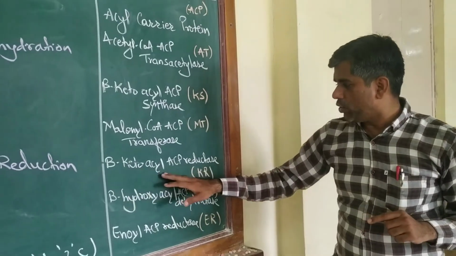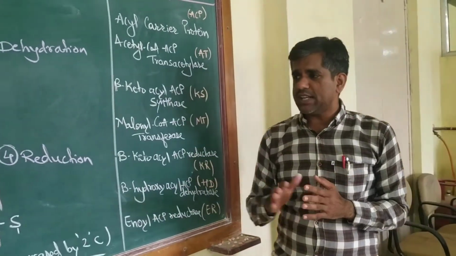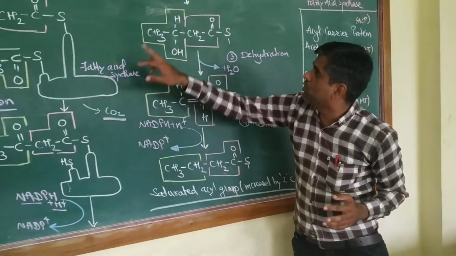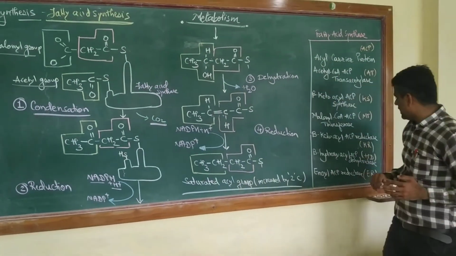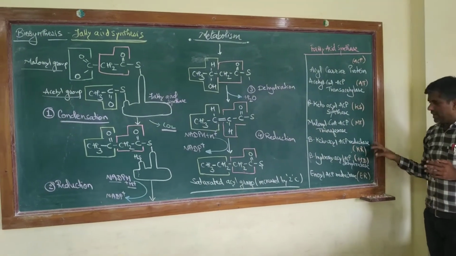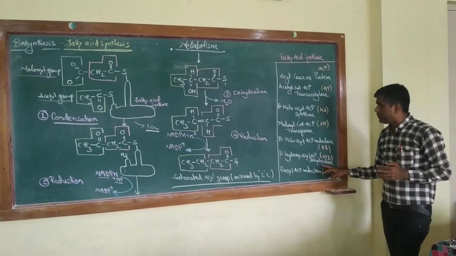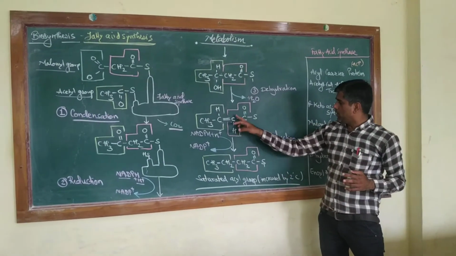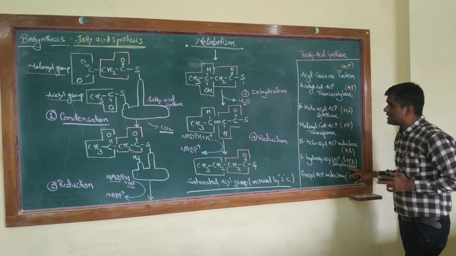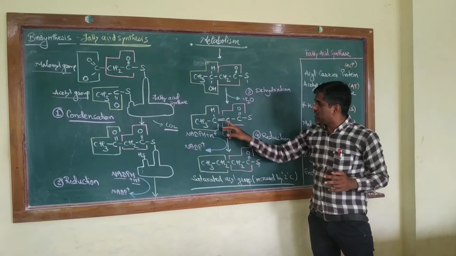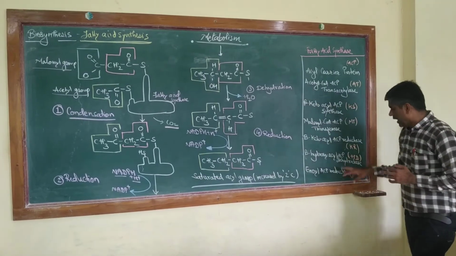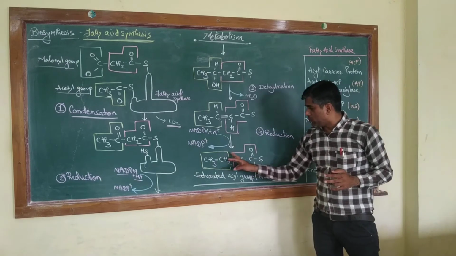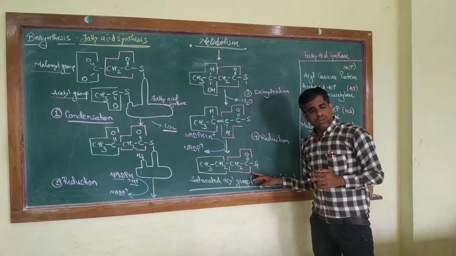Next is beta-ketoacyl ACP reductase, which reduces the ketoacyl group to the hydroxyl group. Here you saw that your beta-ketoacyl group was reduced to the hydroxyl group, and that is catalyzed by beta-ketoacyl ACP reductase. Next you have beta-hydroxyacyl ACP dehydratase, the one which is introducing the double bond. So the dehydratase enzyme will be carrying out dehydration and introduction of this double bond. And last you have enoyl-ACP reductase, which is going to carry out the last reduction and complete saturation of this acyl chain.